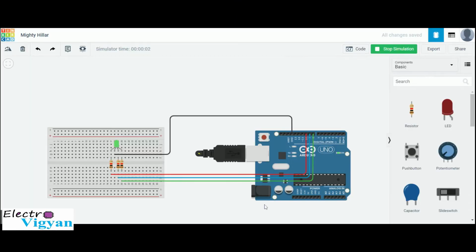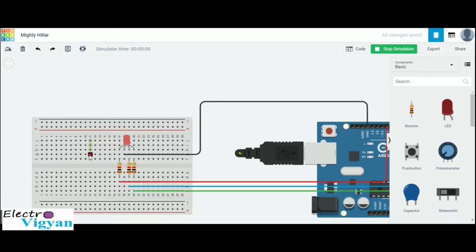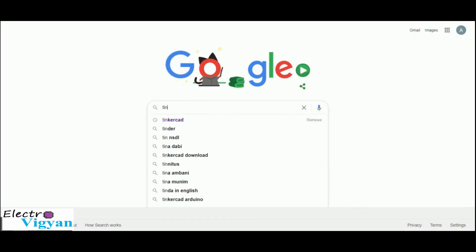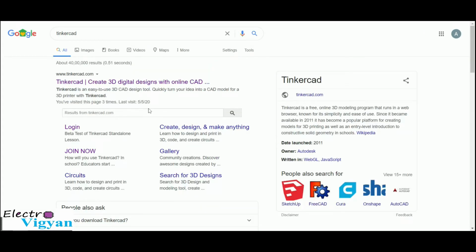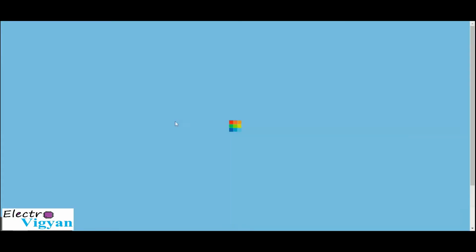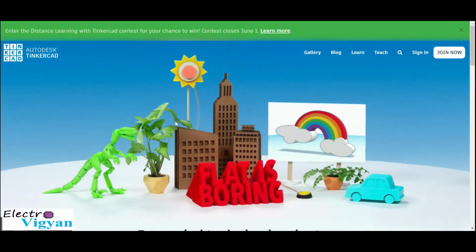To work with Arduino, you need a Tinkercad account. Follow the following steps for creating an account. Open the Google search bar, type Tinkercad, then click on the first link. Click on sign in.